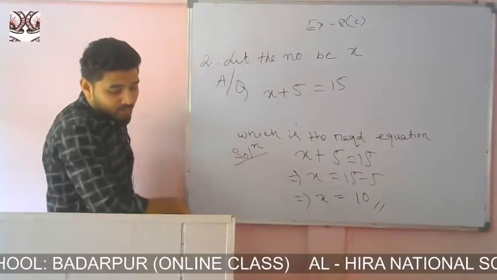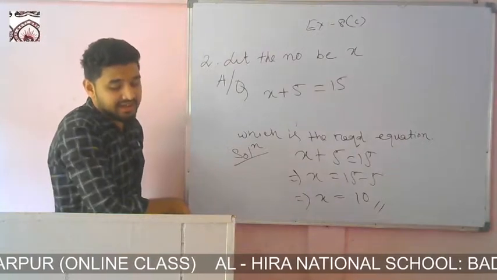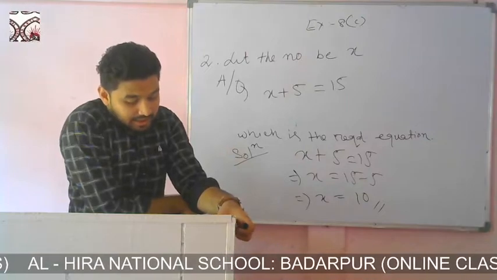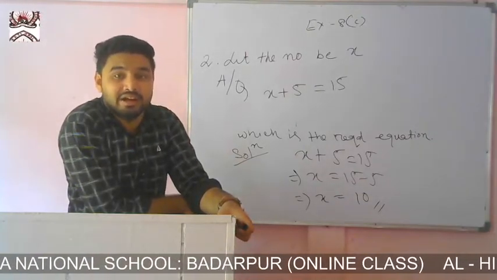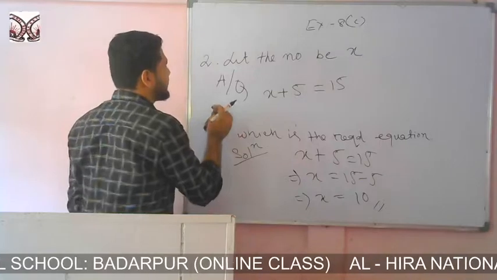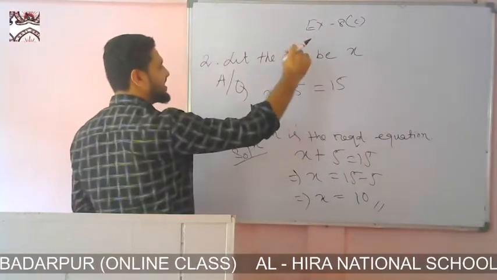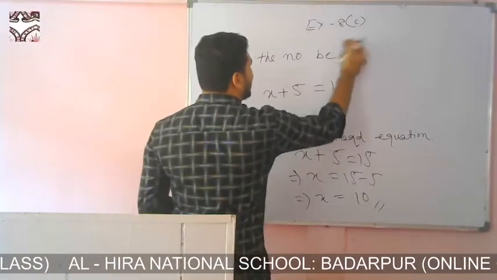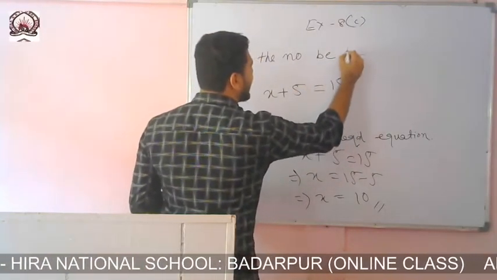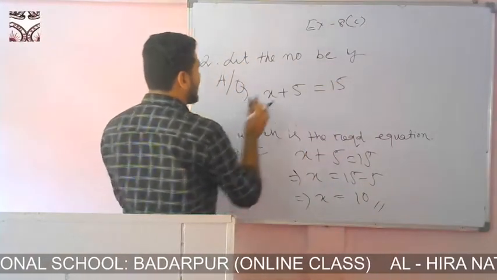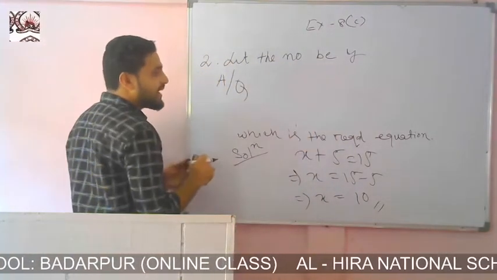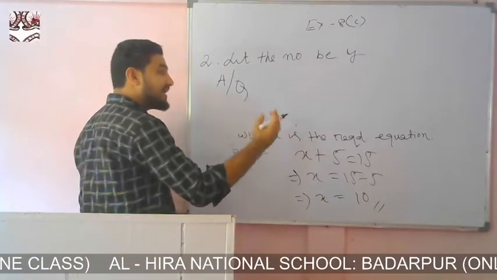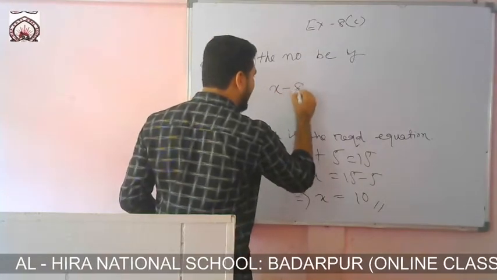Okay. Now come to question number 3. 8 less than the number is 31. Okay. So write, let the number be x, or you can change it to anything, p, q, r. So here you change: let the number be y. Then according to the question, 8 less than the number.